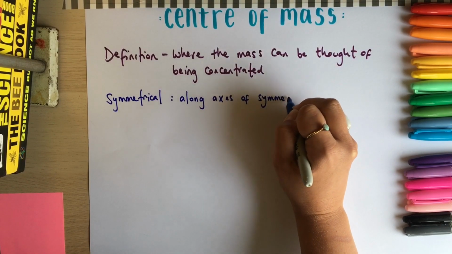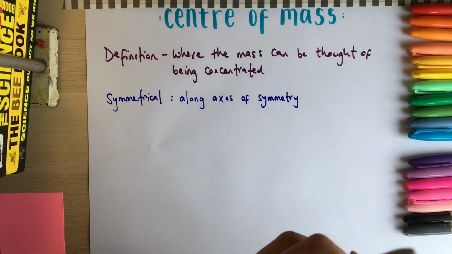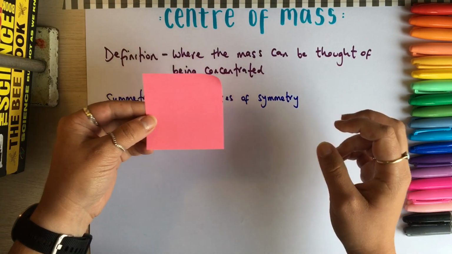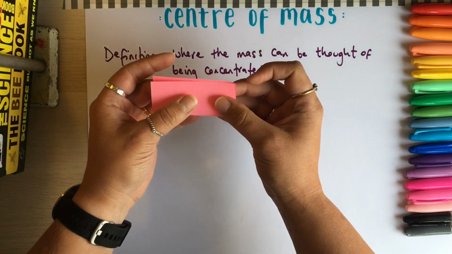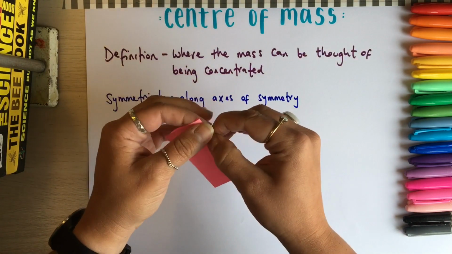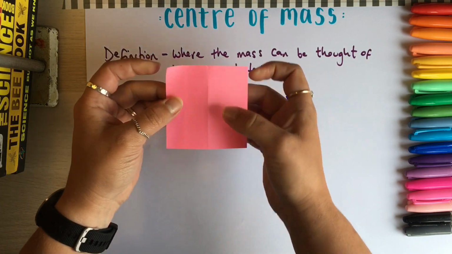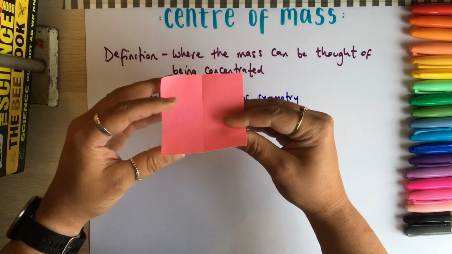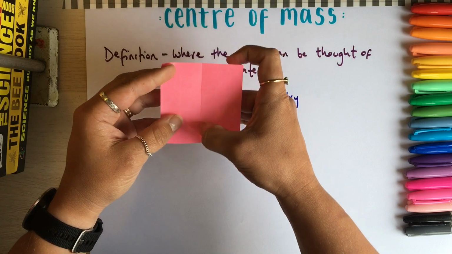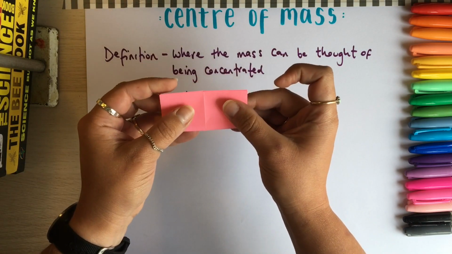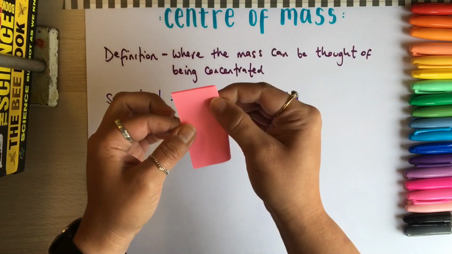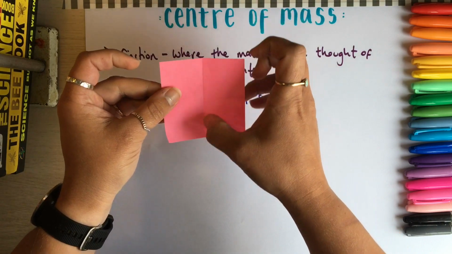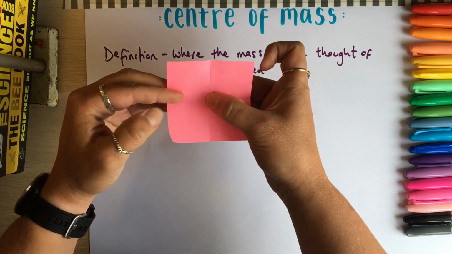You'll have done about symmetry in maths, and we can show you with a square post-it note. So we can think about axes of symmetry. If I fold it in half like this, then this crease down the middle is one axis of symmetry. So the centre of mass will be somewhere along this line. If I fold it again, so another axis of symmetry, then the centre of mass is now somewhere along this line, and actually those two lines cross over in the